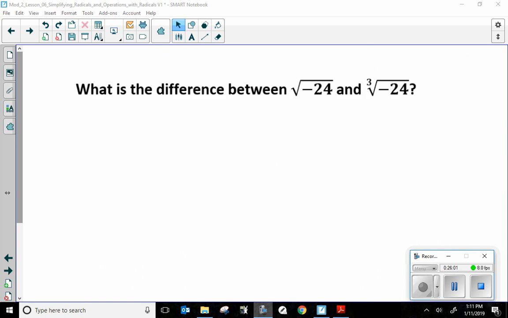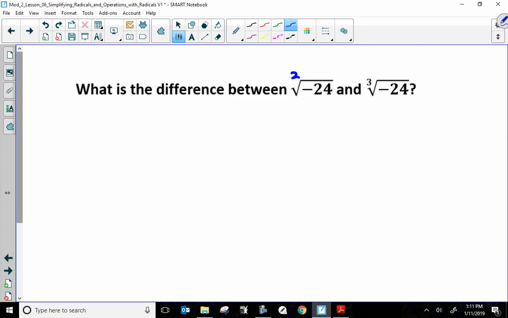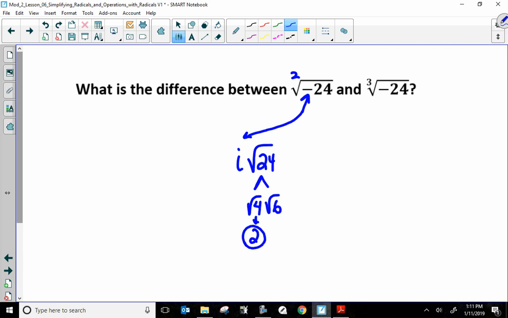Okay, I'm going to go over 2 more slides quick, and then we'll be done. What is the difference between the square root of -24 and the cubed root of -24? First of all, this is a square root, and I cannot have negative numbers in a square root. If I do, my negative pops out and becomes an i, square root of 24. This becomes a square root of 4 times the square root of 6, because that's 24. And the square root of 4 is 2. So my answer is 2i